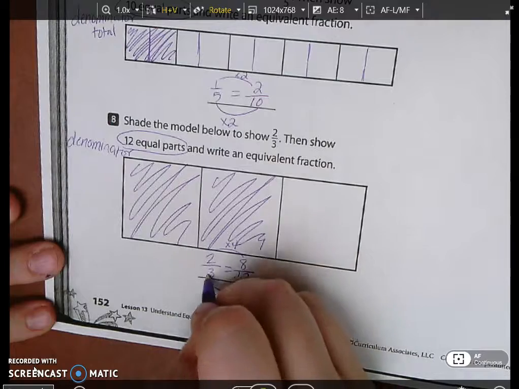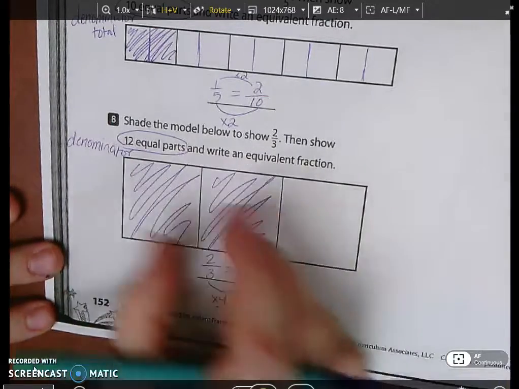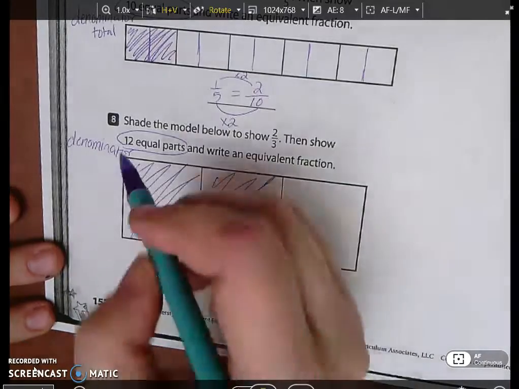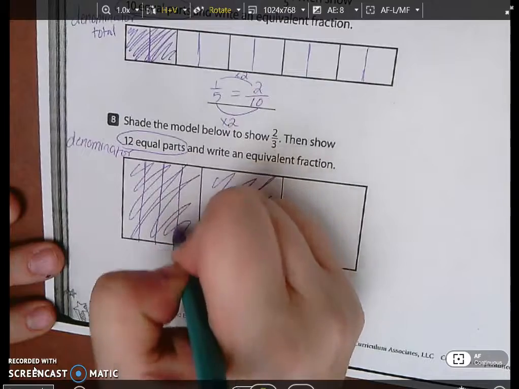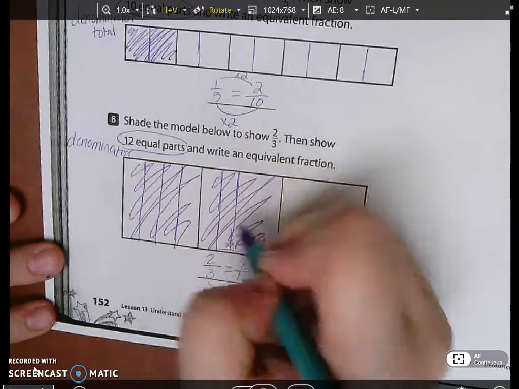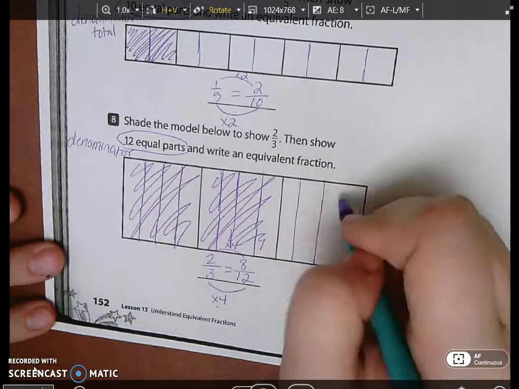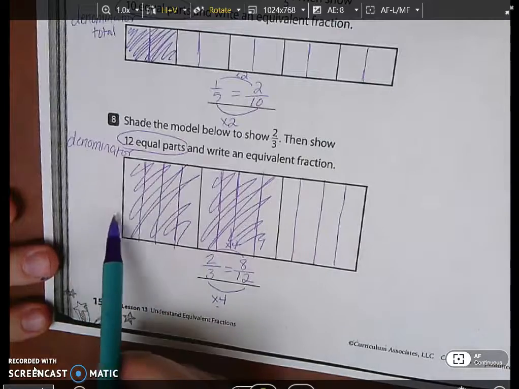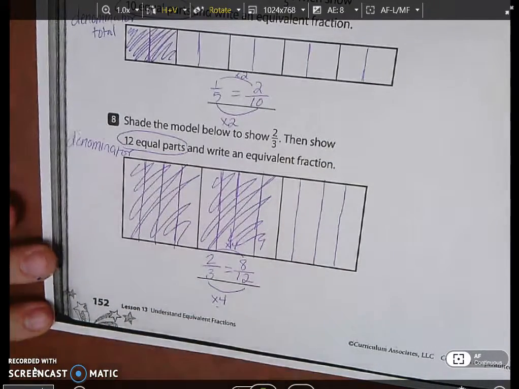So since I did 3 times 4, that means each of these needs to be broken up into 4 parts. And so now I've got a total of 12 pieces, and 8 of them are shaded, which is equal to 2